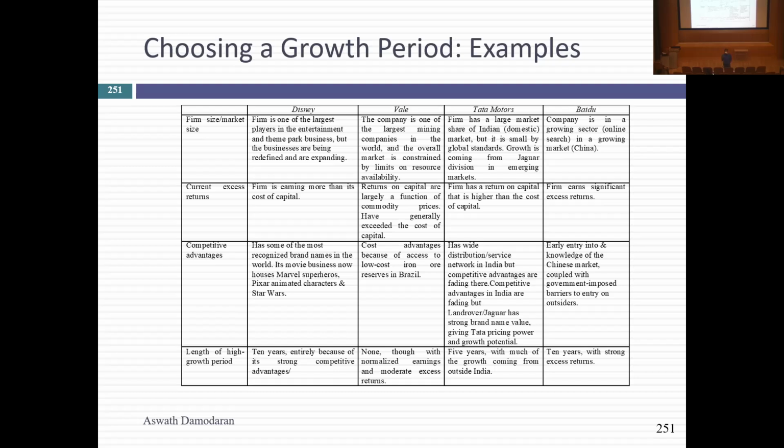I almost never value a company with more than 10 years of growth. Why? Not because there aren't companies that grow for longer than 10 years. Obviously there are, right? We can name them. Microsoft, Walmart. The fact that we can name them tells us something about these companies. They're the exception, not the rule. You don't want to value a company to be the exceptional company up front because then where's your upside? If anything less than exceptional, it's going to be disappointing.